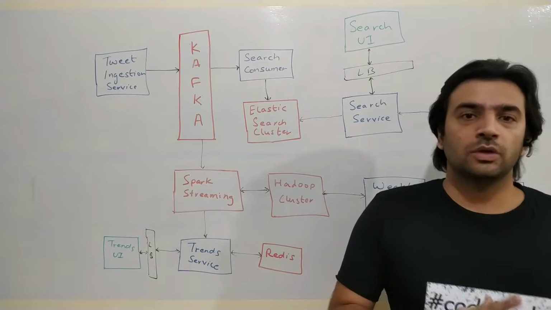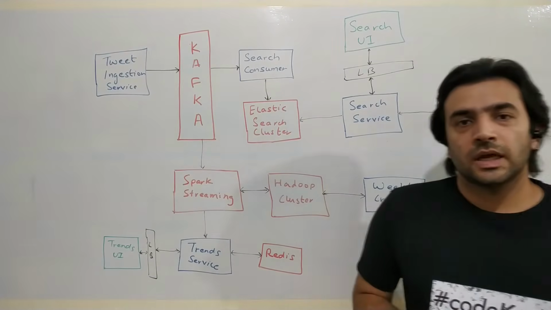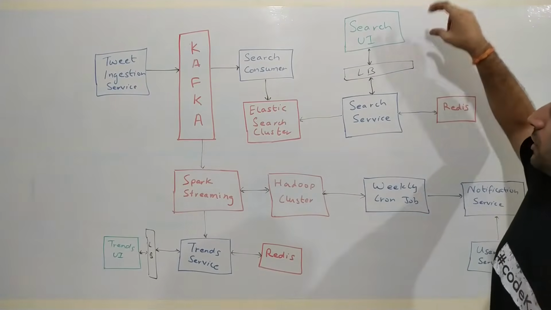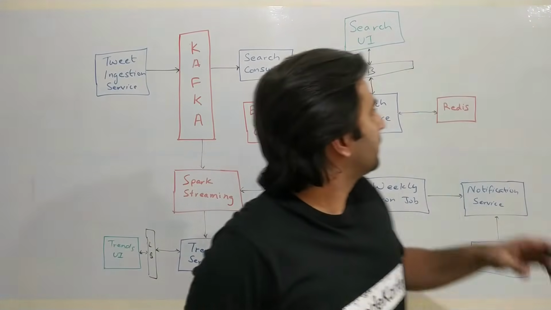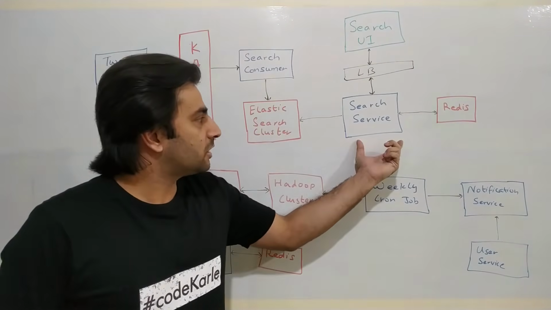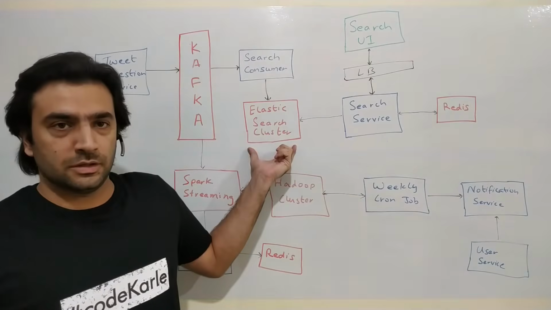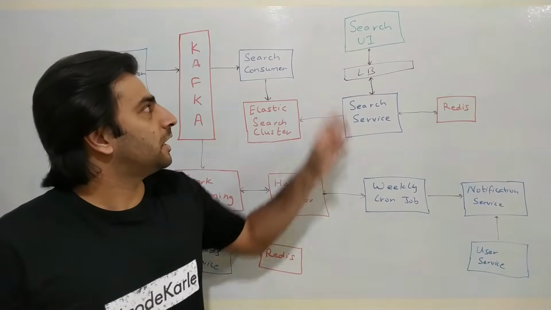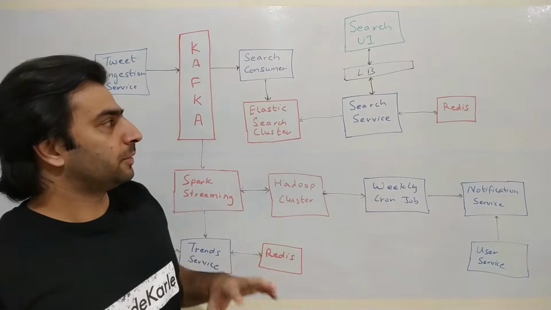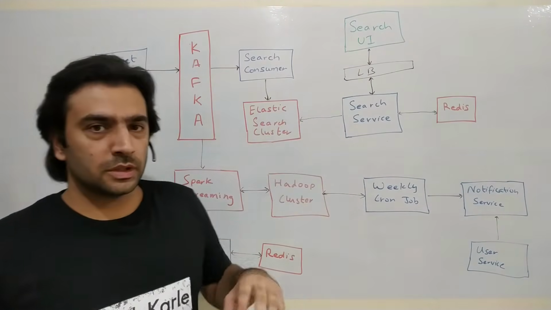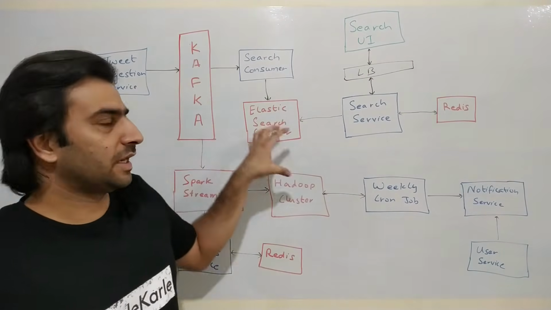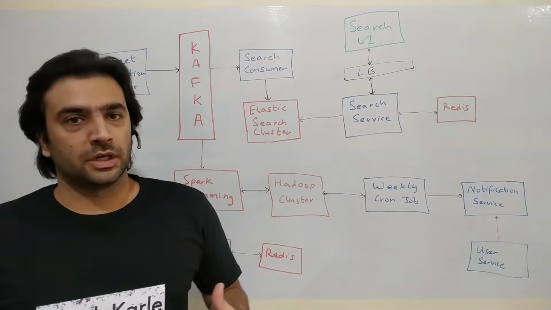Okay. Now coming to the user side of things. A user can give a search string as an input, which would come through the search UI. It would talk to a load balancer and then to the search service. The search service would then query Elasticsearch, get the results, and give them back to the user. Okay, so this is how we complete the loop. And the search service and search consumer are very well aware of the contract. The consumer is basically writing and the search service is reading from the data store.